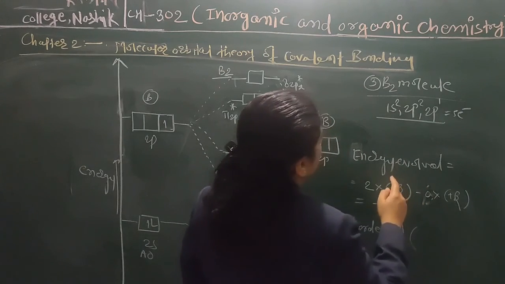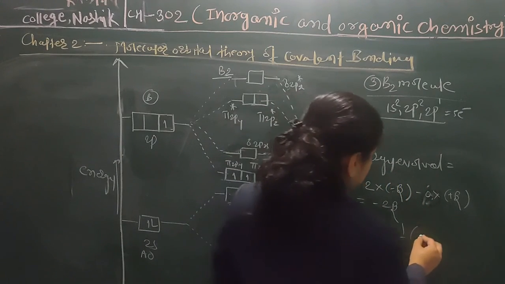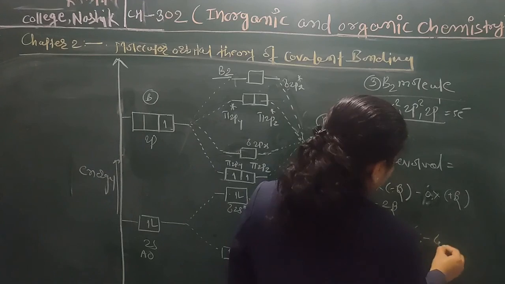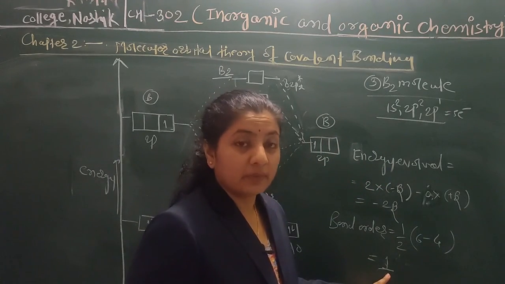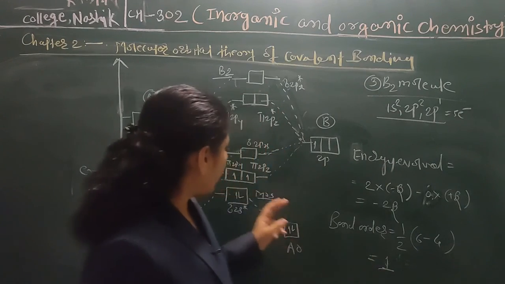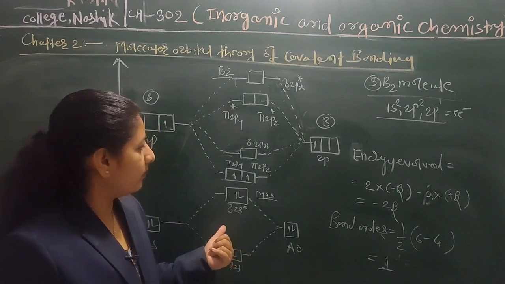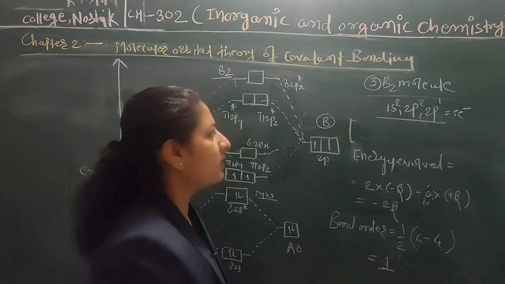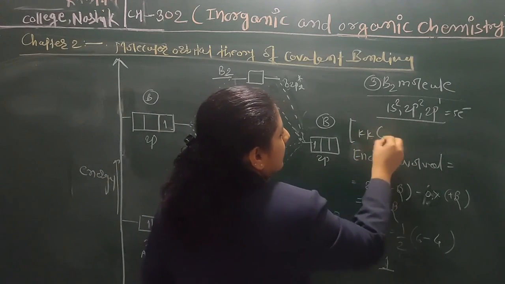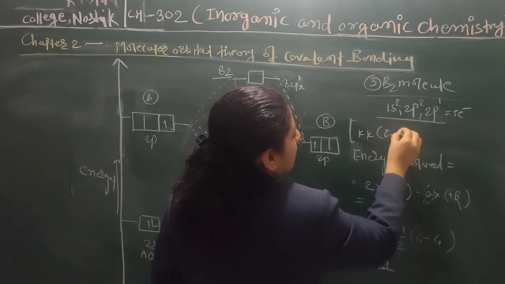Bonding is 6 and anti-bonding is 4. That gives a bond order of 1. If all were paired it would be diamagnetic, but here there are 2 electrons in the pi orbitals, which means it is paramagnetic. So the molecular orbital electronic configuration of the B2 molecule can be written as sigma 2s2,